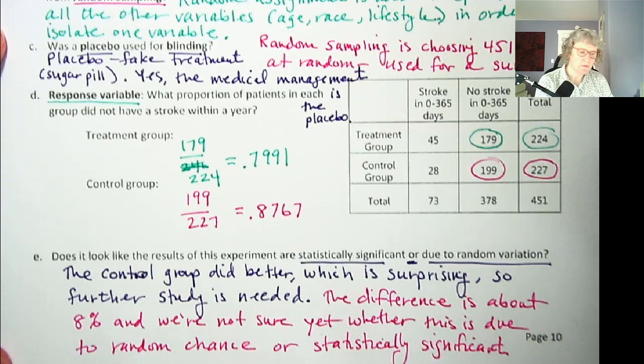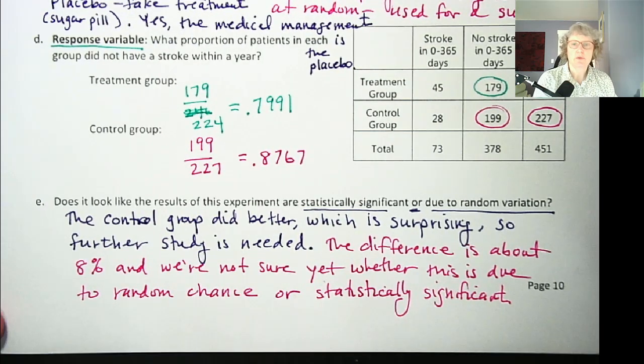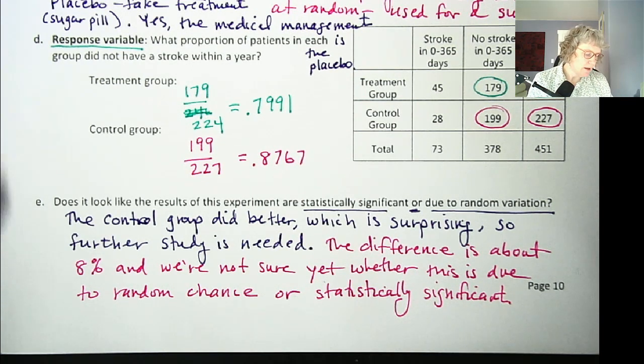Okay, let me move that up. We don't have the tools yet to know for sure. It has to do with sample size and some other things. So we don't have the tools yet, but for right now, I want you to understand this concept of what we're deciding between: are the results due to chance or are they due to something significant going on, statistically significant? Okay, great. So I hope that gives you a sense of the different experimental vocabulary we'll be